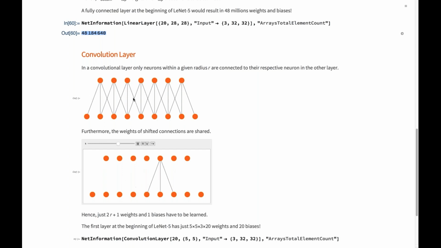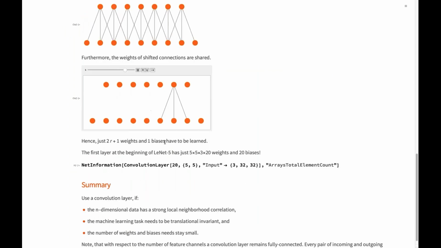So any links that you can obtain by shifting left or right are shared. They are the same, which is denoted here. So essentially, you're learning just 3 connections for the entire layer here. So 3 weights plus 1 bias, which is, of course, clearly much less than 70.